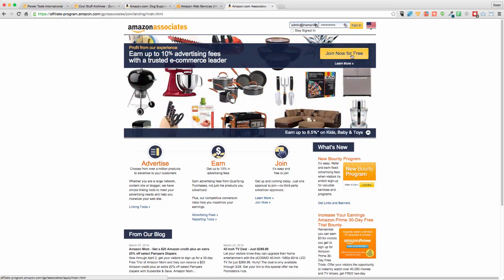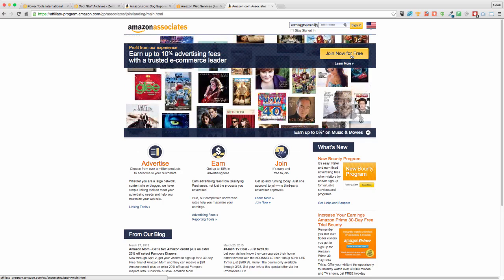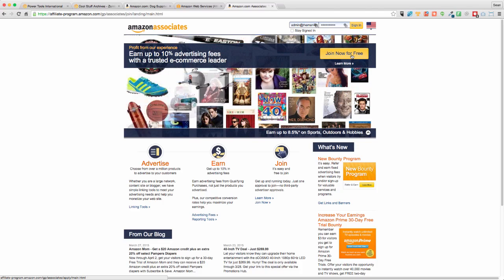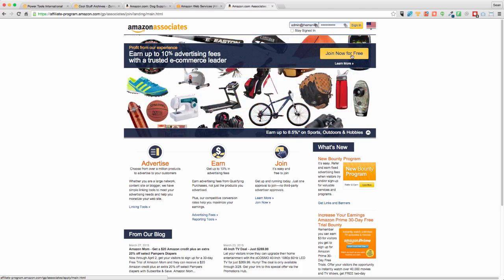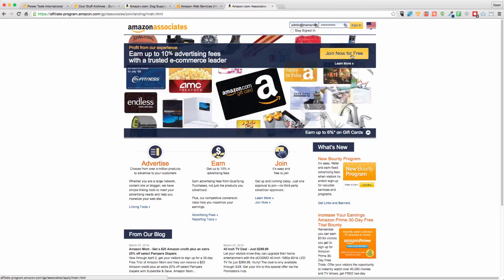If, for example, you're in America and you've got a customer who's in the UK, it will know to switch to Amazon UK. You want to make sure that if you've got a customer from the UK, you're getting paid from those UK sales. So you can sign up for multiple accounts below. It takes a little while, but it's well worth it, because that's extra revenue for you in the long run.